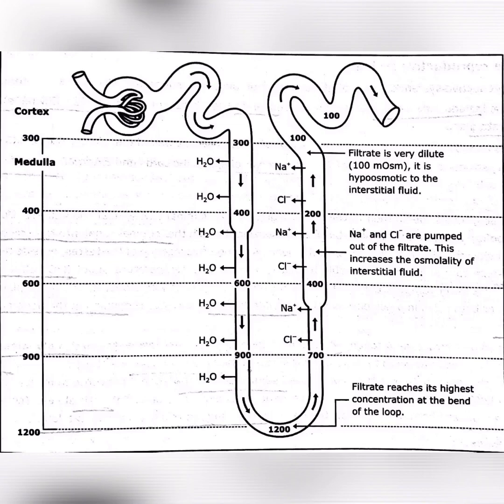When the filtrate passes from the proximal tubule into the descending Henle loop, water is released from the descending limb. As the water is released, the urine becomes more concentrated. After that it goes around the U shape. Below, the concentration is so high, about 1200 osmolarity. As it reaches the top, the concentration becomes low.